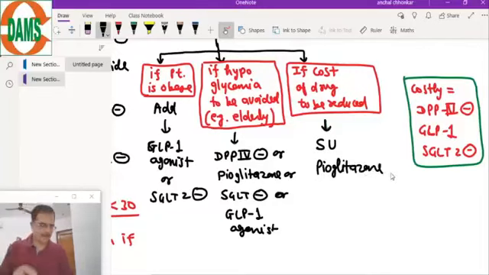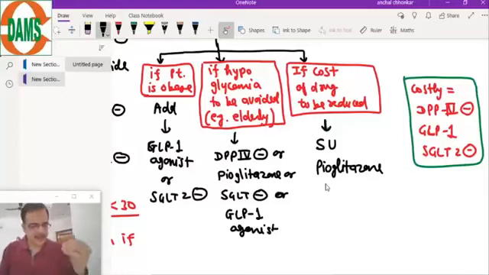Pioglitazone. Yes, acarbose we can go for. So if drug cost factor is there, we can go for the acarbose. But acarbose are very low potency drugs. And remember, acarbose is to be given when PP is a problem. When postprandial is a problem, then we will go for acarbose therapy.